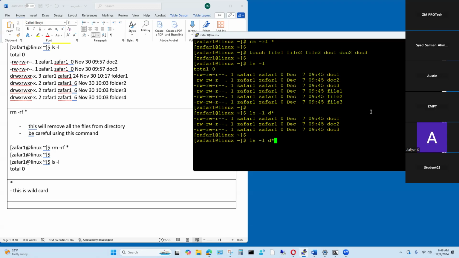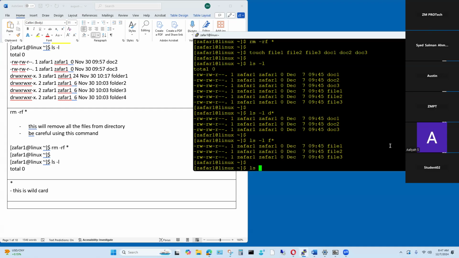What if we do something that starts with F? I do F and an asterisk. And what is it doing now? It's filtering out anything that starts with F. Okay, now it gets interesting here. I want to see only that thing that starts